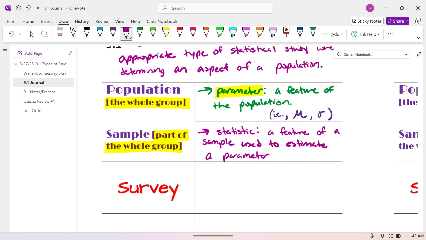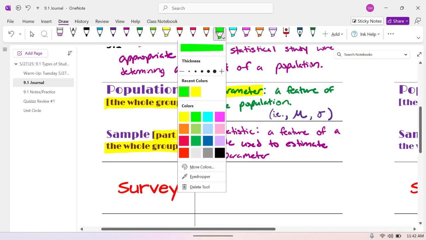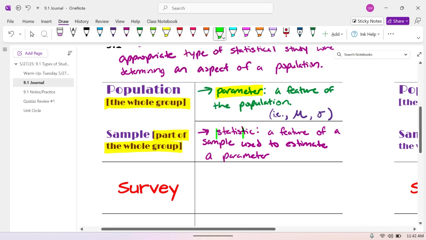All right. So, for example, if we're talking mean in terms of a sample, we don't use mu, we use